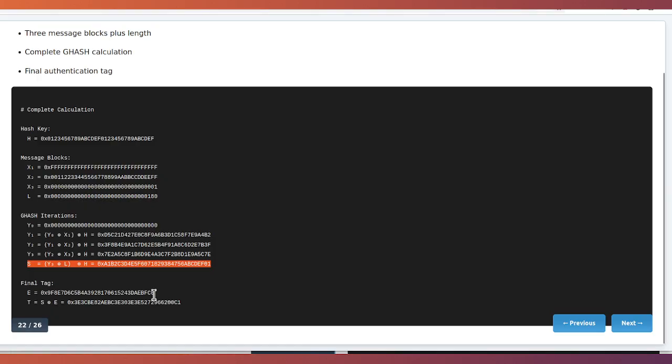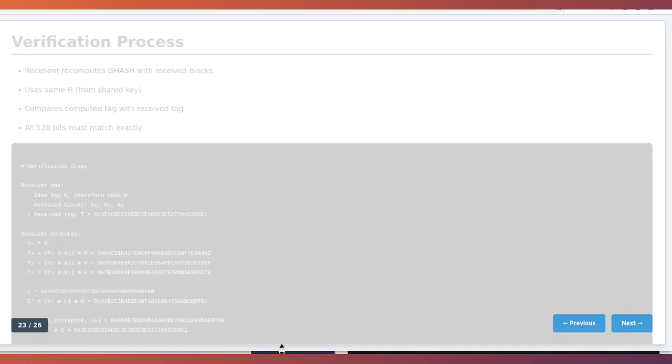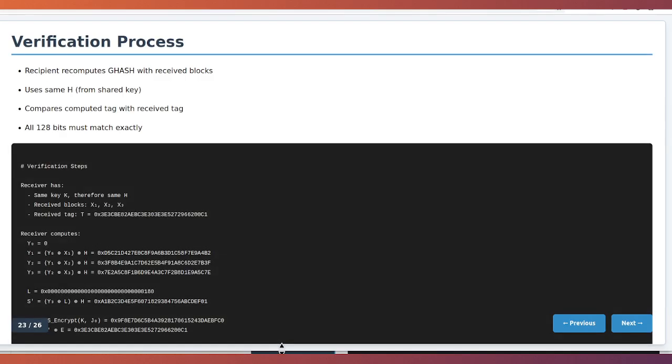Final tag computation. Encrypted counter E equals 0x, beginning with 9F, ending with C0. Authentication tag T equals S XOR E equals 0x, beginning with 3E, ending with C1. This tag T authenticates our 3-block message and the length information, all bound together by the secret H and the nonce-derived E. Verification process. When the recipient receives the message, they perform verification to ensure the message has not been